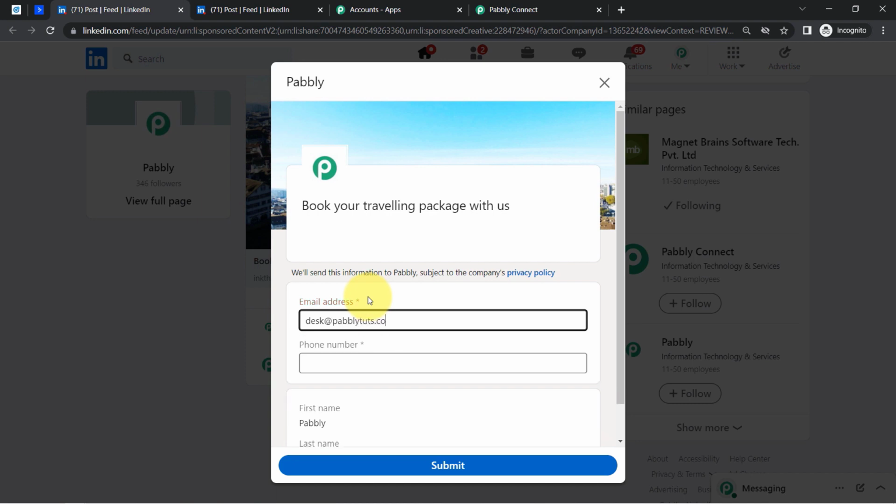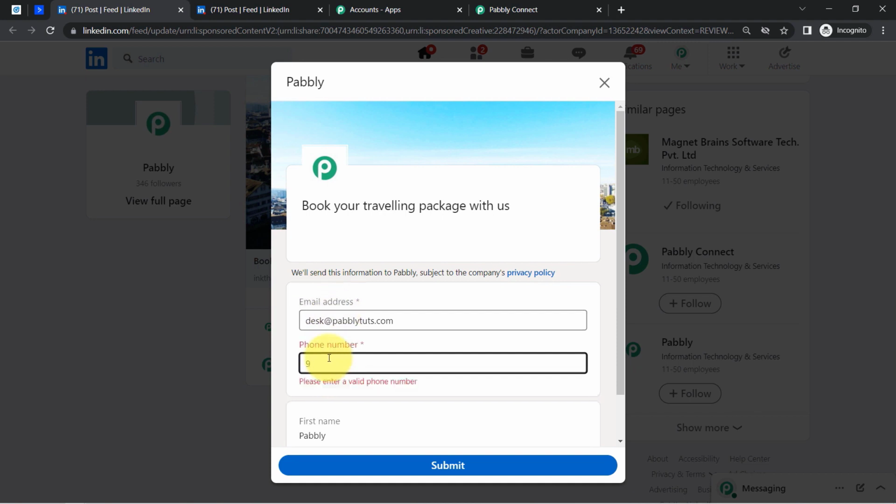desk@pabblytudes.com. Again, here I am using these testing details only because I'm not running any live ads, but you will have to assume that I'm actually running the live advertisement and someone is interested in booking the traveling package, and that is why they are sharing the details. So the person has already provided the email address, and assume that the phone number of the person is this particular one. All right, again I'm going to add the dummy details here, and the first name and last name,